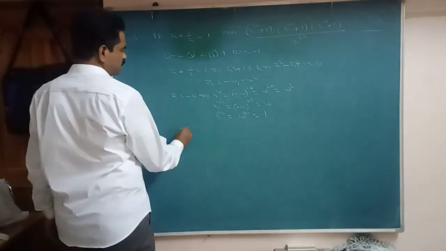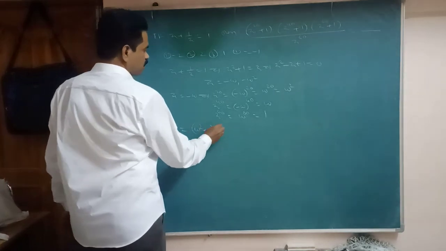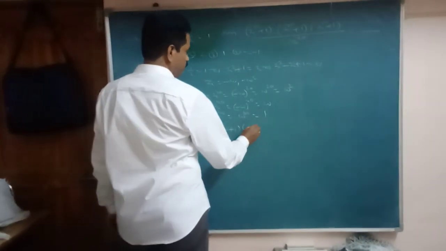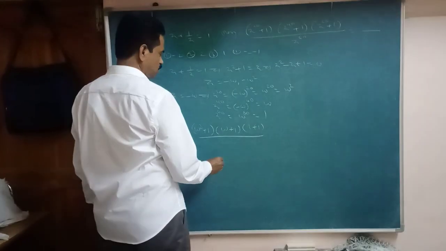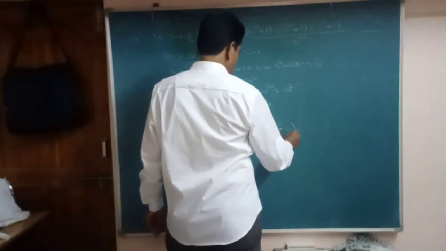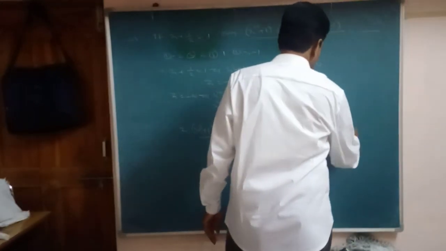So that equal you take here. Z power 20 is how much here? Omega square plus 1. And z power 40 is what here? Minus omega, it is plus only, because the power is even. So next, z power 40 plus 1 is omega plus 1. Z power 60 it is 1, plus 1 divided by z power 60, it is also 1. 1 plus omega square is minus omega, and 1 plus omega is minus omega square. 1 plus 1 is 2. That is omega cube is 1. It is how much here? 2.